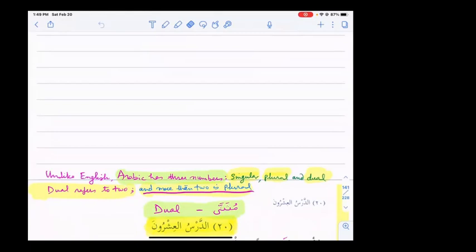If it says 2, it means 2 and not 3. One singular, then dual, and then plural. 1, and then 2, and then more than 2, which is 3, and then 3 can go to hundreds and thousands. Unlike English,